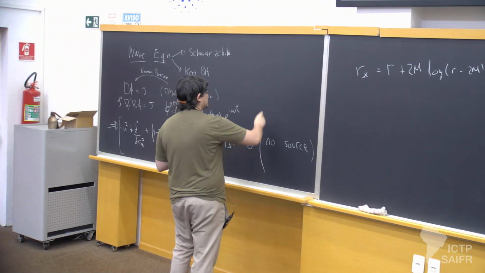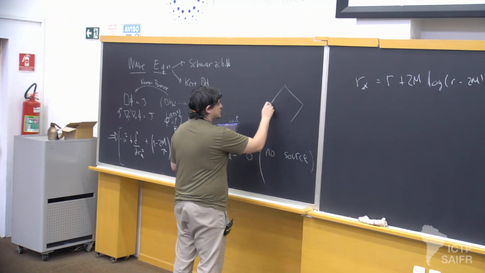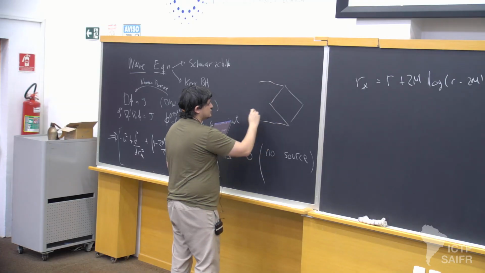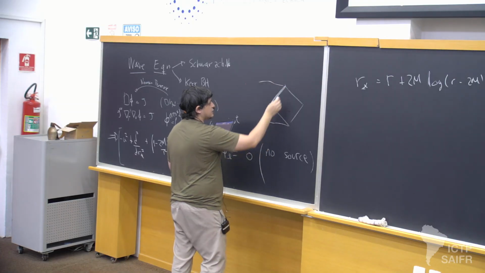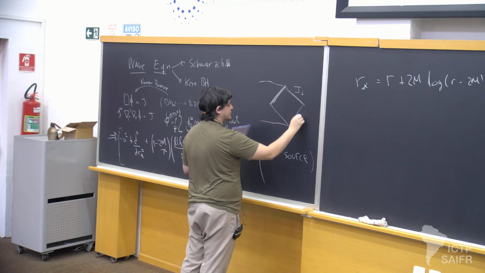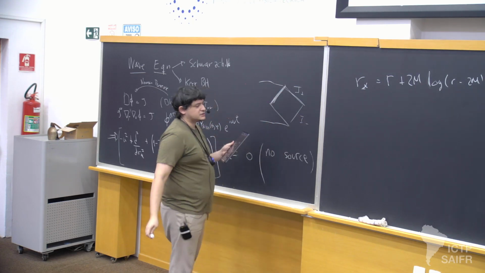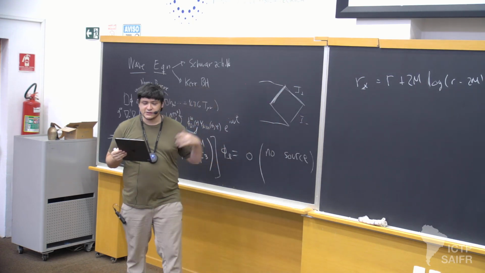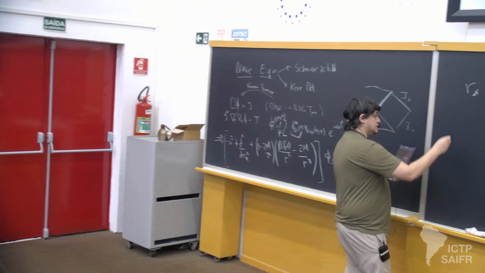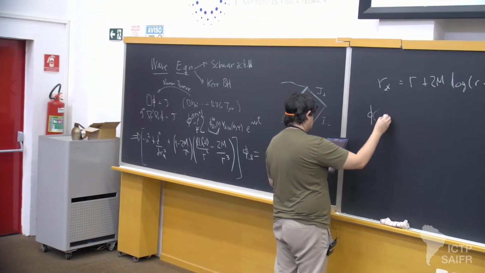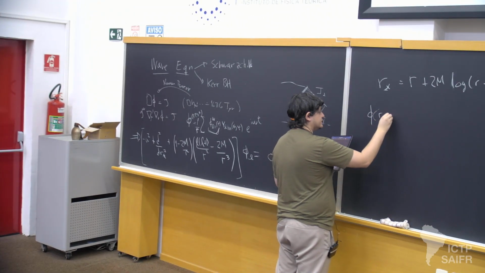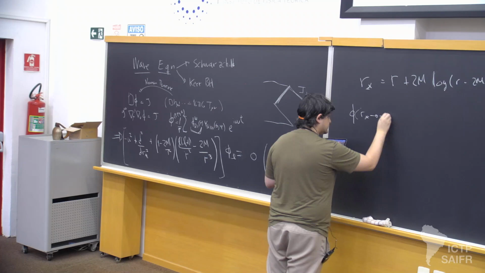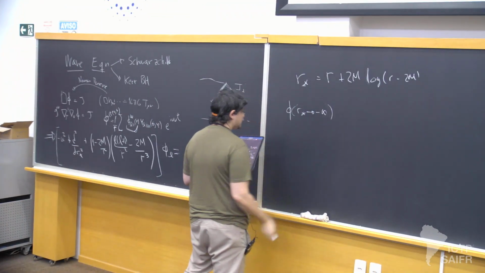We were discussing what will happen close to the horizon and what will happen at null infinity. And so we said, well, this is a black hole, not a white hole. So at the horizon, which corresponds to r star going to minus infinity,